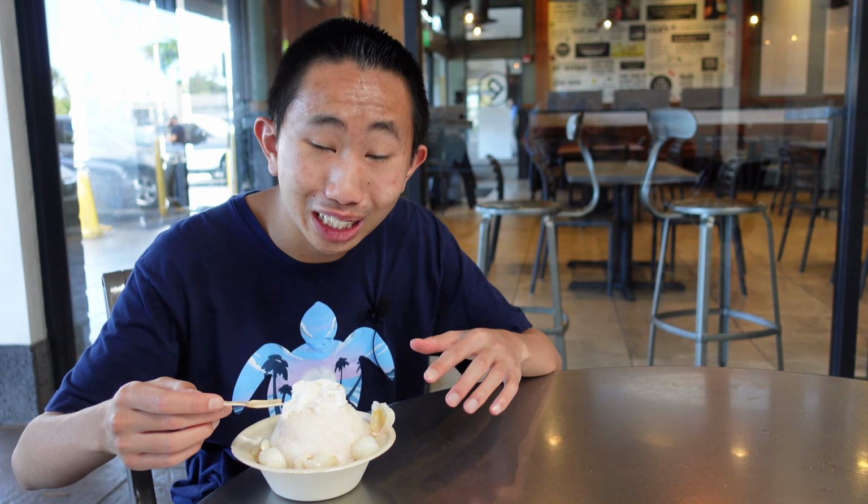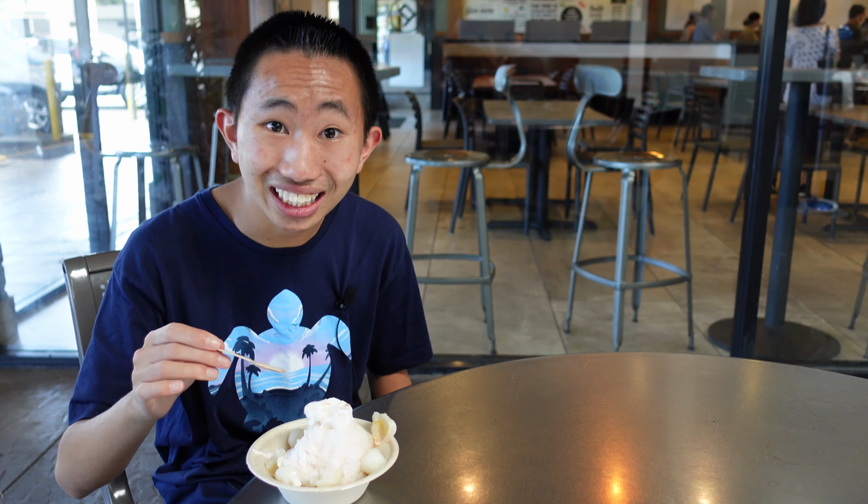It's that good. Come here to Uncle Clay's to try their shave ice. I just love their natural tasting shave ice. It's really something that you won't find in most places. It's that good. Definitely stop by here if you're in Honolulu. It is really delicious. I just got back in a car from Uncle Clay's, and now I'm heading over to